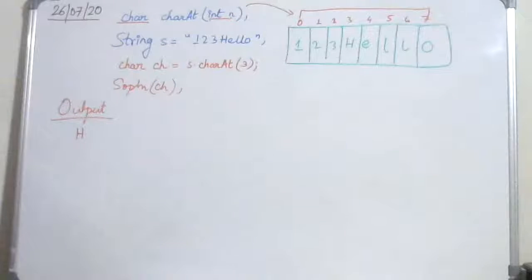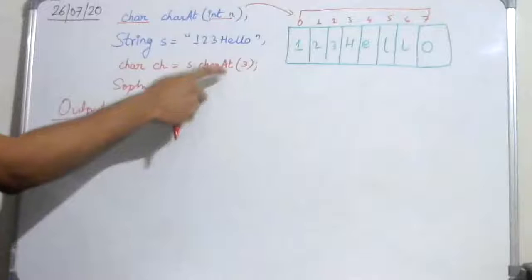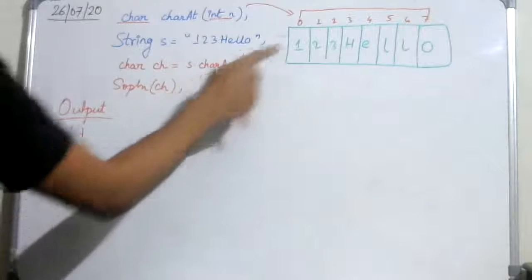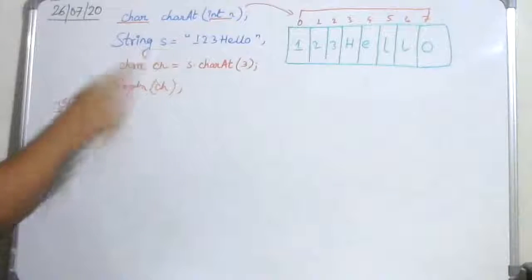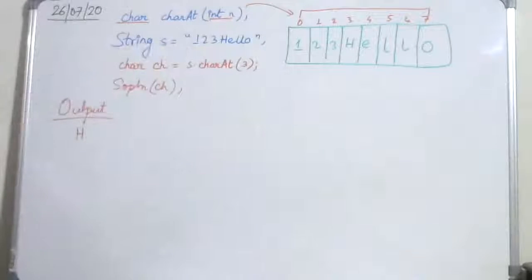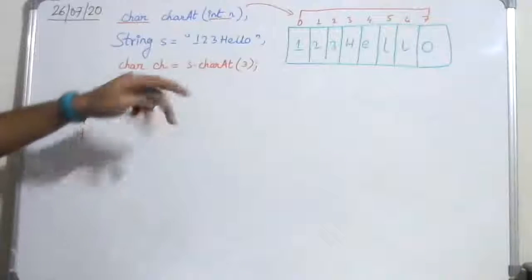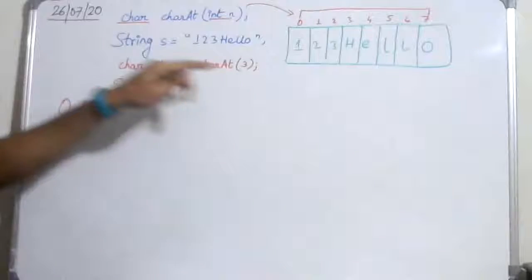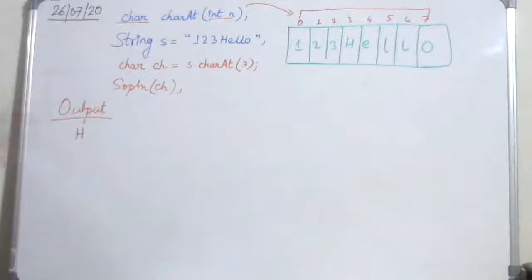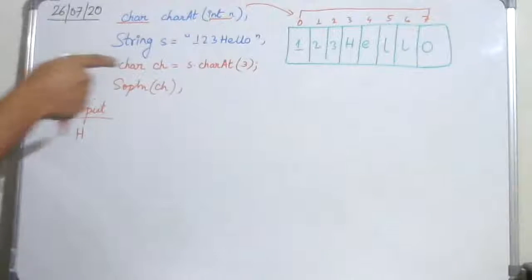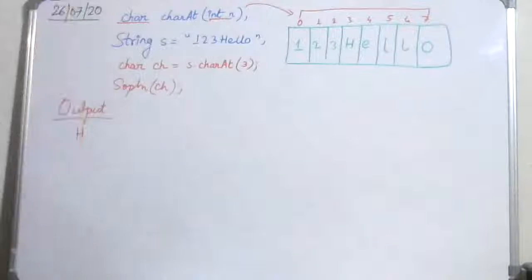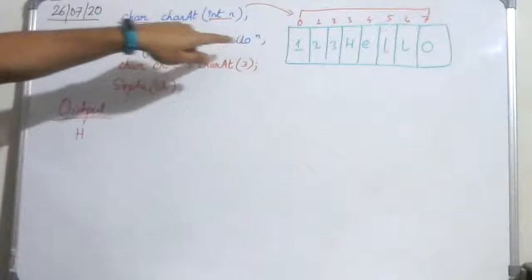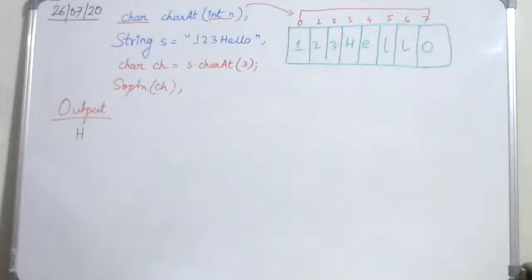So if you go with respect to the length function as it counts, you will get an error when you want to determine the output of the charAt function. You will always have to consider the array indexing when you are trying to find out which character is being retrieved by charAt. We'll see many more functions that take integers as an argument. Those integers basically correspond to the array indexes, not just normally counting the characters. If you normally count the characters, you'll get an error. You always have to consider array indexing with respect to the string.